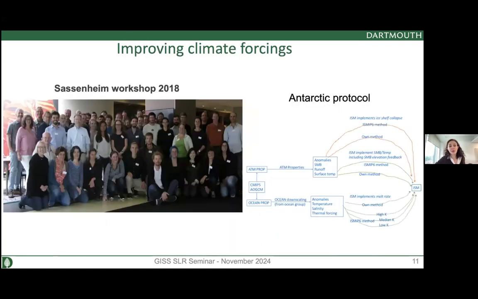The next thing we want to think about is that ice sheets don't live isolated from the rest of the climate system. And so they live within the Earth system. And so how can we best include climate forcings for, in that case, the Antarctic ice sheet? What I showed earlier was very crude. And so we want to instead use results from global climate models. And so that's when the entire community of Earth scientists, including many, many disciplines, got involved. And we came up with this protocol on the right. Seems a little complicated from far away, but I'm going to break this down into a few pieces.